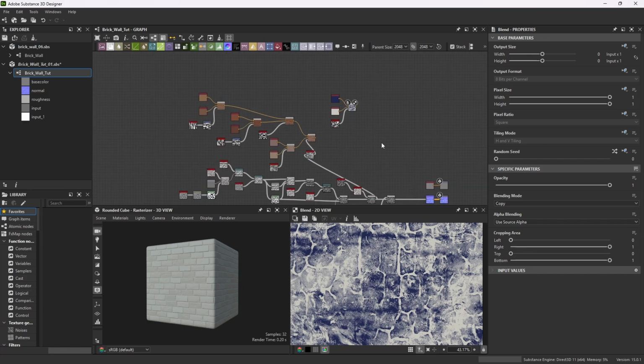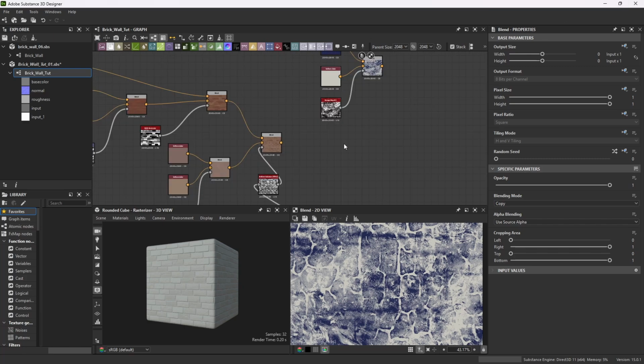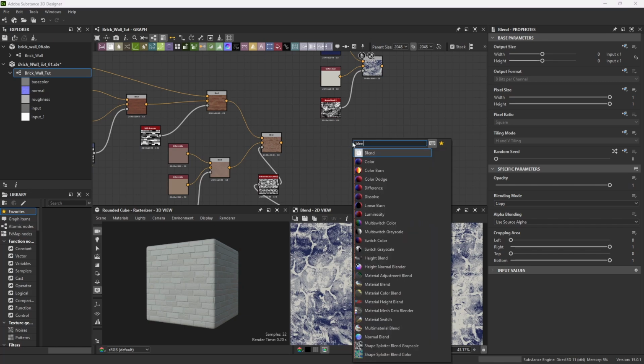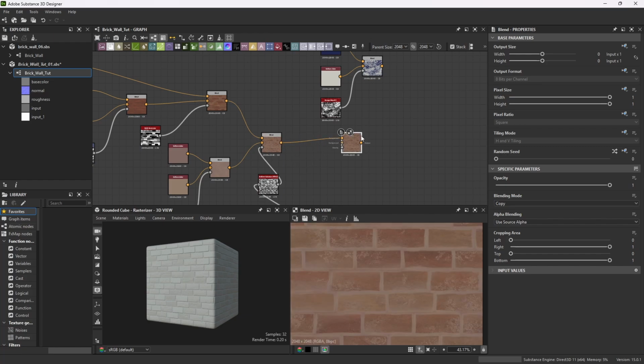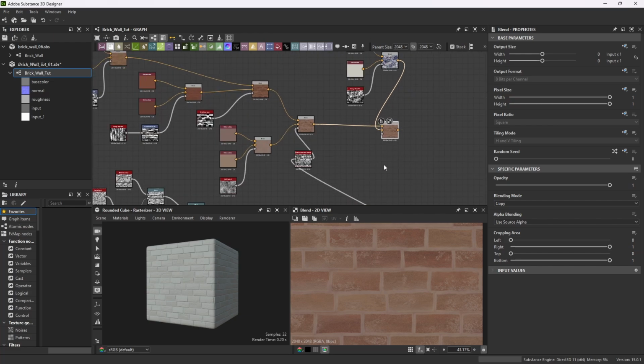Now we need to do our grout. So we're going to blend. Put the brick, our original color over the top. And then plop in our grout color in the second slot. And now we have to use